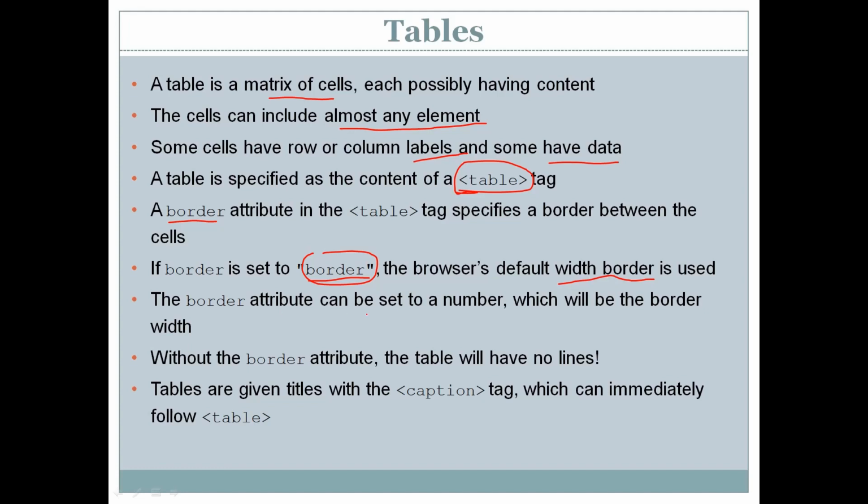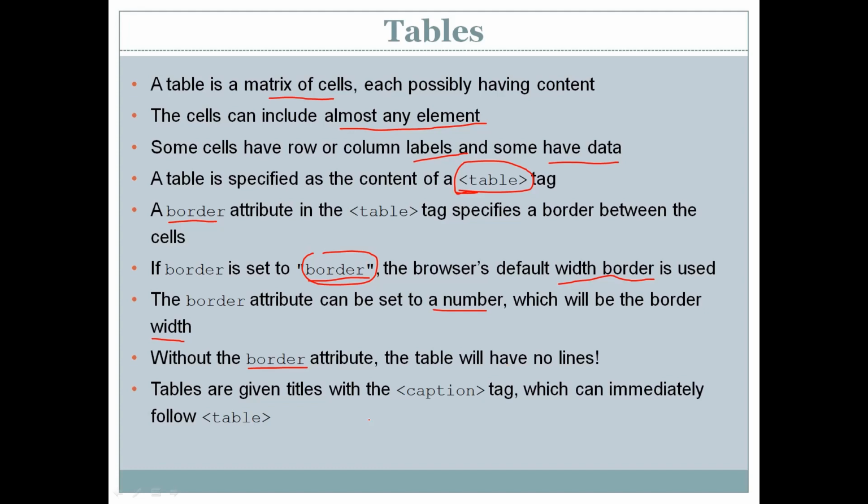The border attribute can be set to a number as well, which will be the border width. So you can set it to 5, 2, 3 or 10. Without the border attribute, the table will have no lines. You can create a table without those grid lines by not specifying the border attribute.